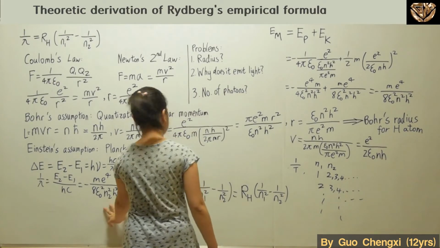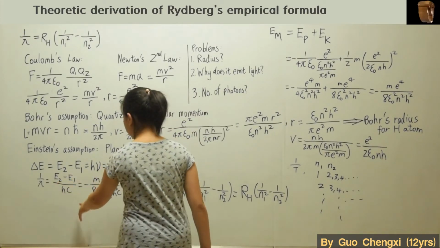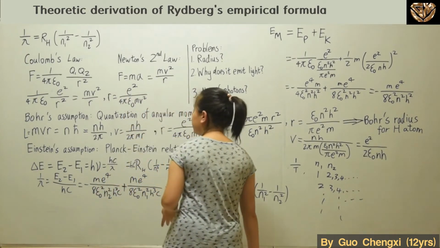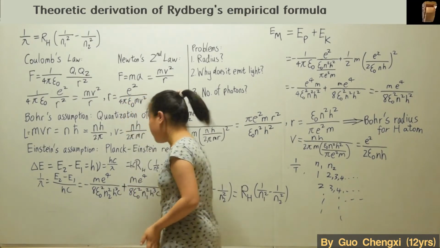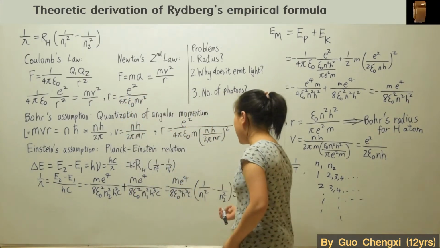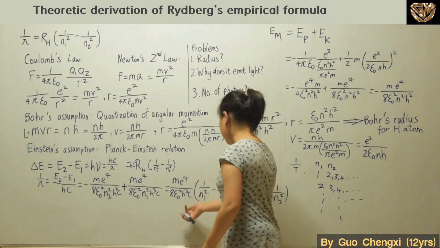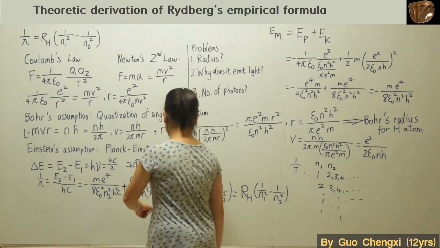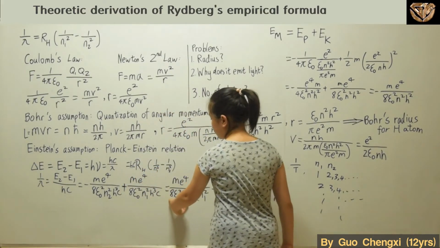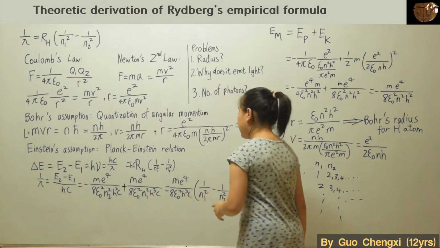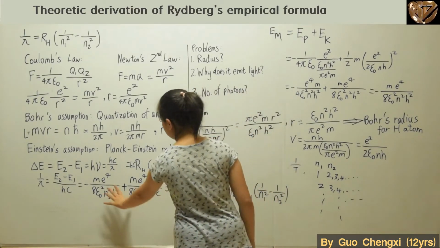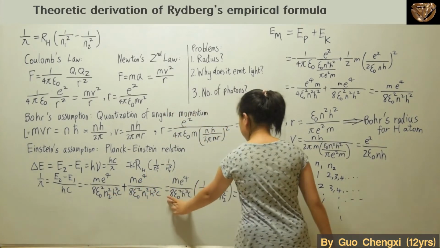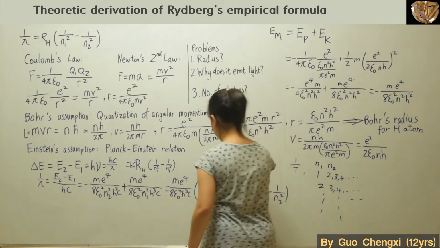Well, as you can see for this part, because of the difference over here, E2 minus E1, the principal quantum number will also be different, which will have this n1 squared and the n2 squared as shown here. And basically these two put together, you can take this part out, okay? So when you take this part out, these two will also be switched, and then this is the Rydberg